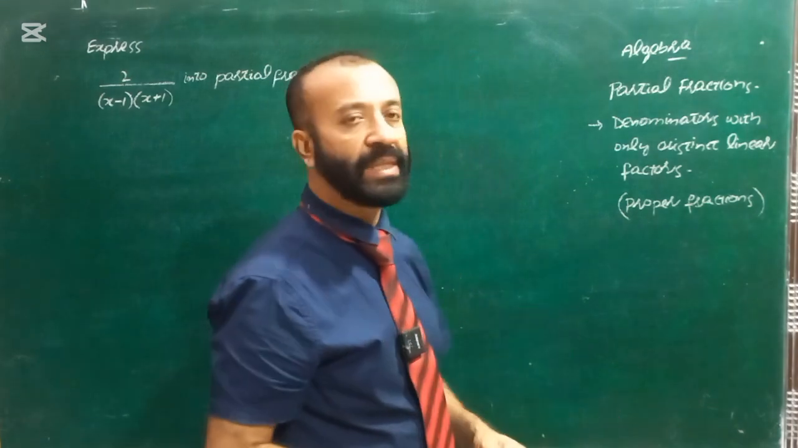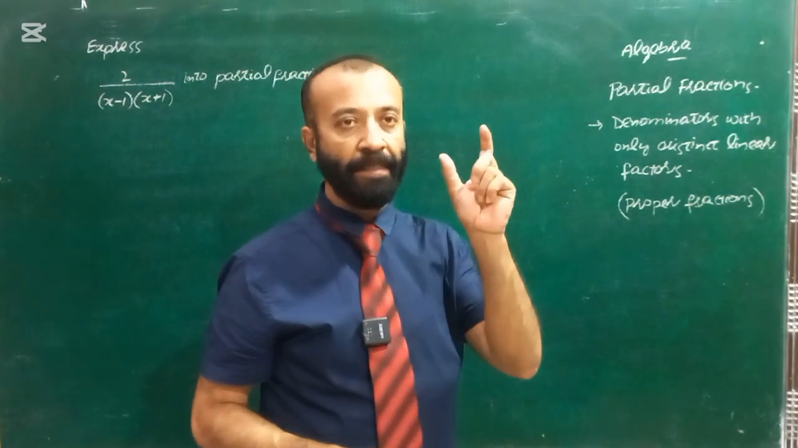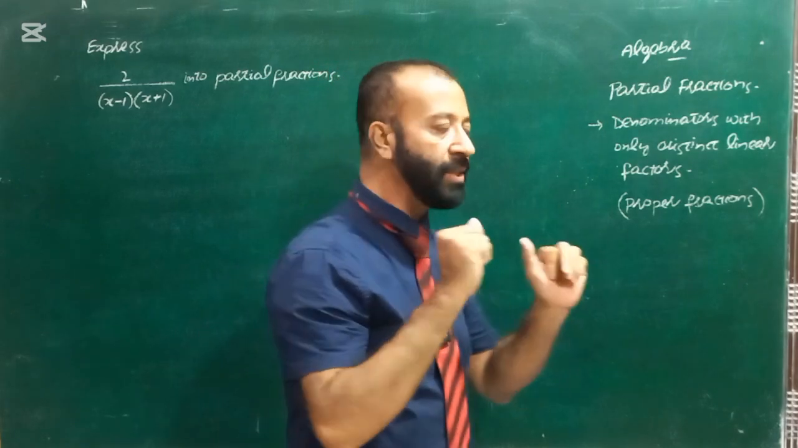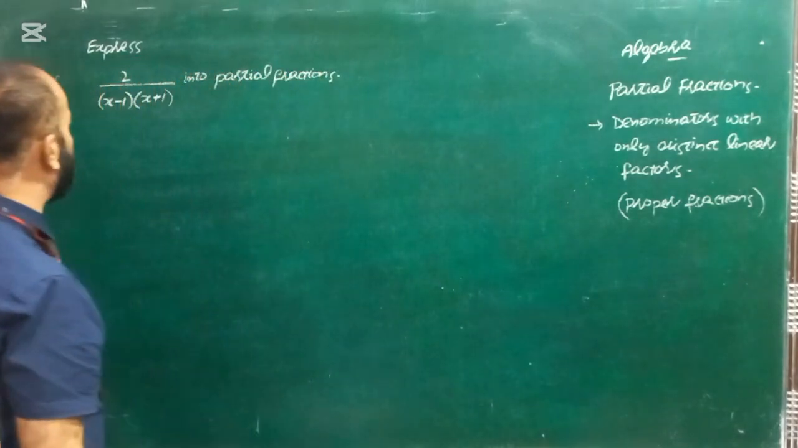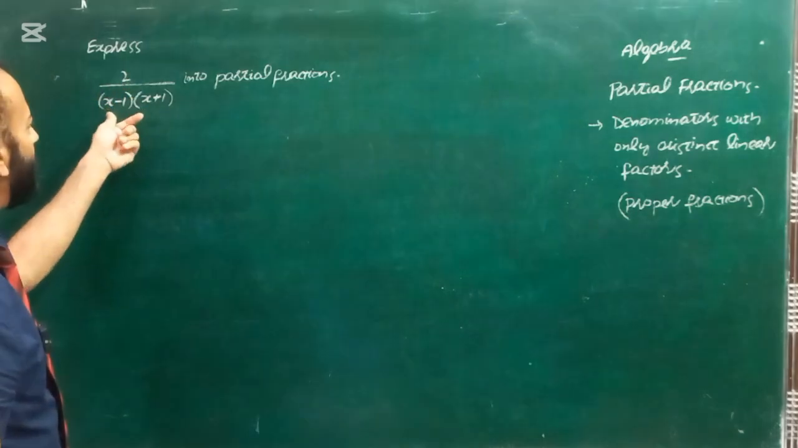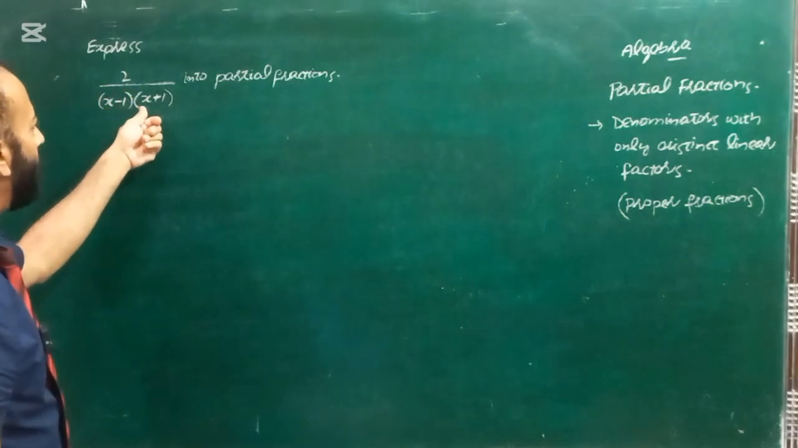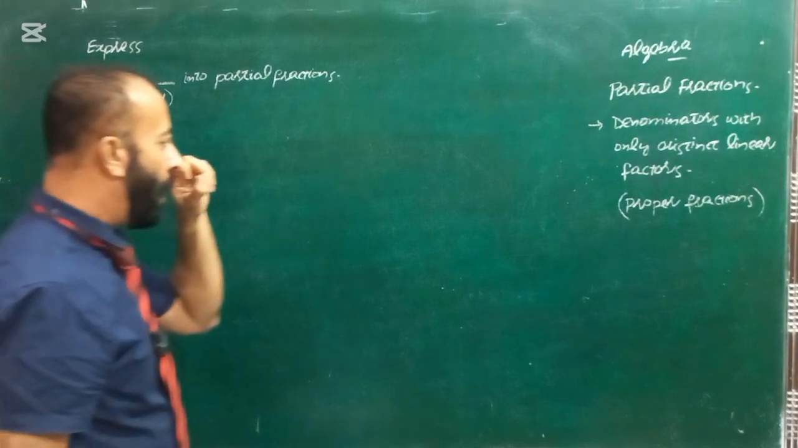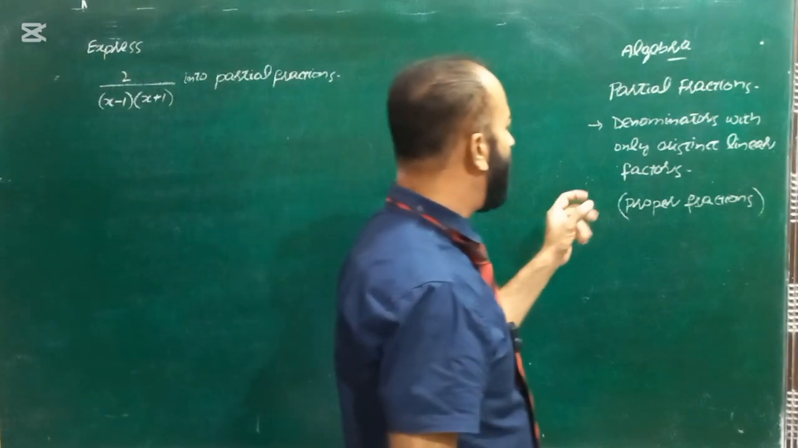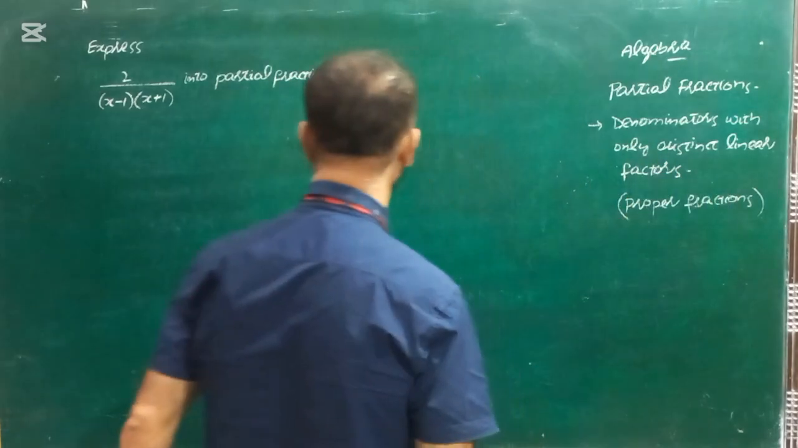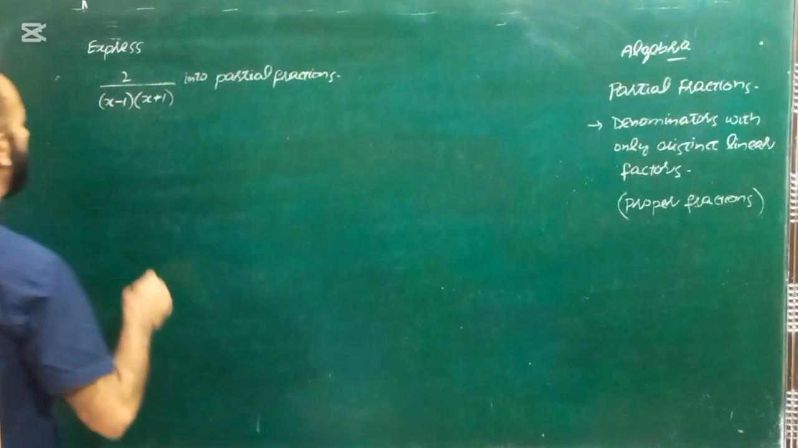Proper fractions are those in which the maximum power of the numerator is lesser than the maximum power of the denominator. So you can see the maximum power of the numerator is lesser than the maximum power of the denominator. So this is a proper fraction. Now we have to look at denominators with only distinct linear factors. So look, now the method is